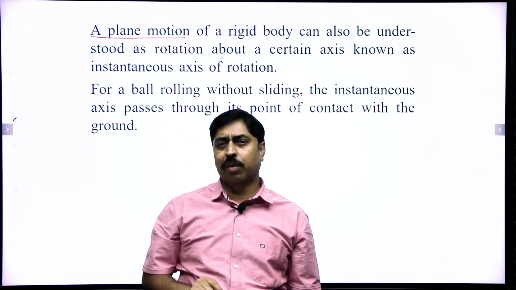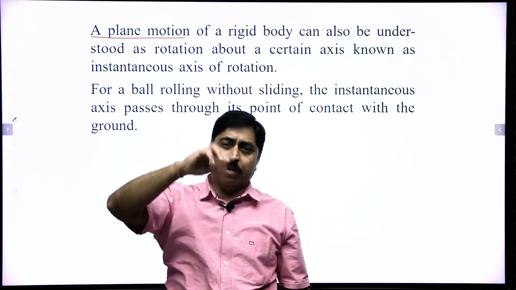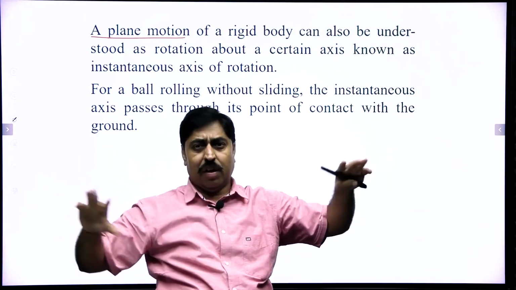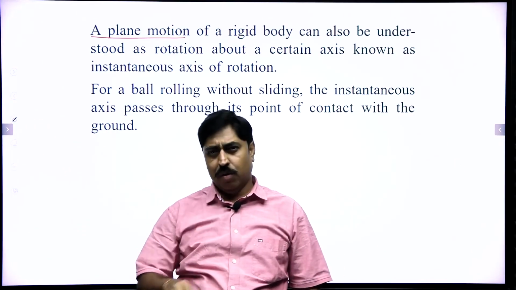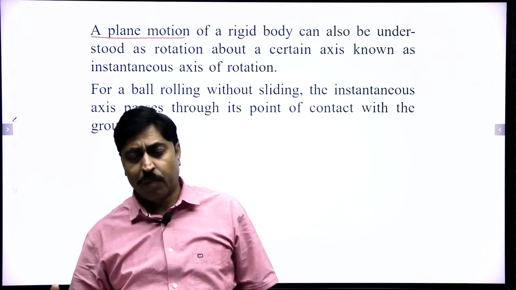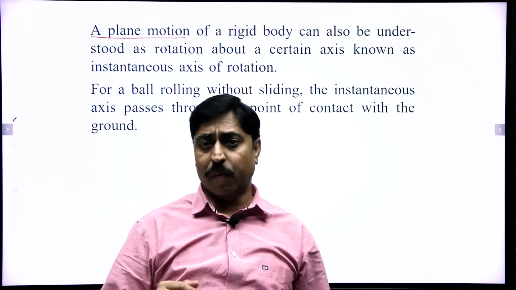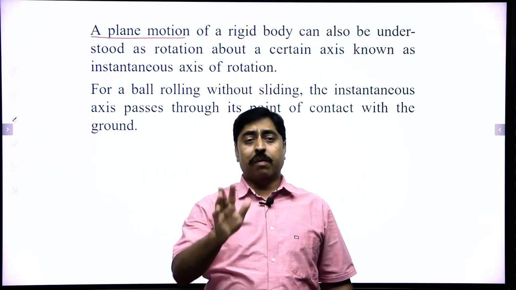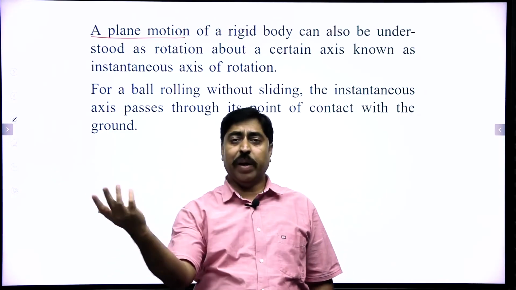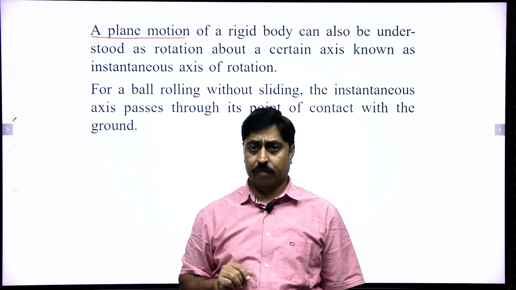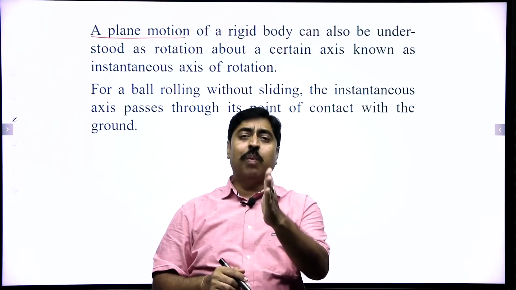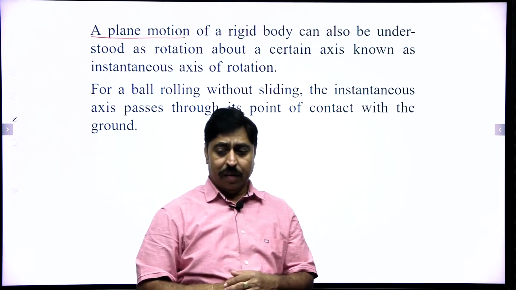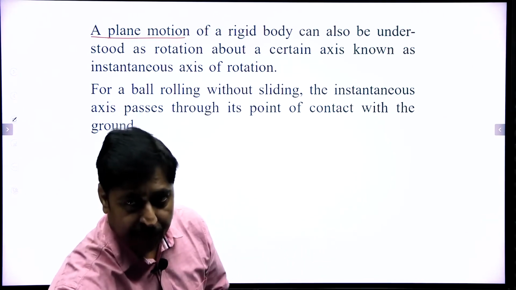एक पर्टिकुलर पार्टिकल को देख लें तो वो एक खास प्लेन में चल रहा है, ठीक है, दूसरा पार्टिकल दूसरे प्लेन में चल रहा हो सकता है, एक बॉल रोल कर रहा है तो उसके बहुत सारे पार्टिकल एक प्लेन में मूव कर रहे हैं, बहुत सारे पार्टिकल दूसरे प्लेन में मूव कर रहे हैं। पर अगर मैं राम नाम के पार्टिकल की बात करूं तो राम एक फिक्स प्लेन में मूव कर रहा है, उसका प्लेन ऑफ मोशन चेंज नहीं हो रहा है। ऐसे मोशन को प्लेन मोशन कहा जाता है।